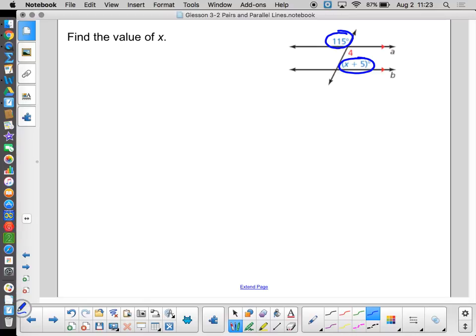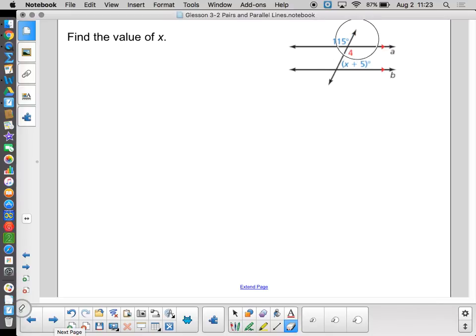One's exterior, one's interior. They're on alternate sides. They are not corresponding. They are not at the same intersection. That's not a named angle pair. I don't technically have a relationship for that. But